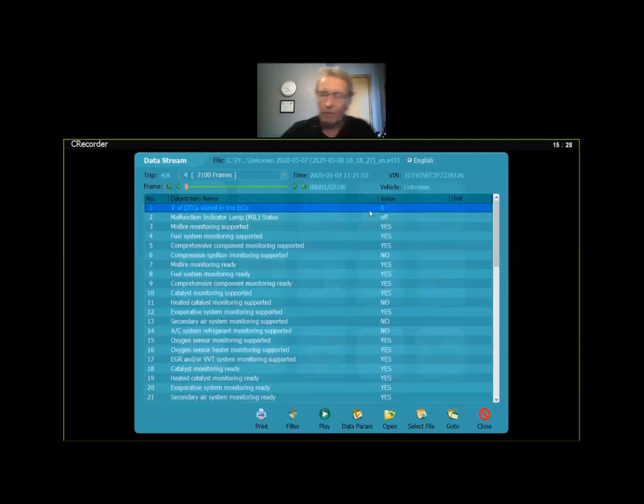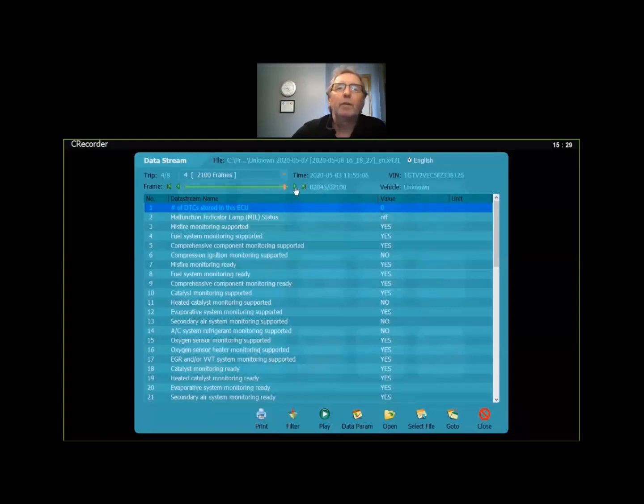So I did a little looking here, and right around frame 2060 is when the light comes on. So let me just advance this up to there. So you can see now we're at 2045. I'm just going to step through. So watch the number of DTCs. Right now it's at 0. Malfunction indicator lamp status is off. I'll just start stepping through. And there's 2050,